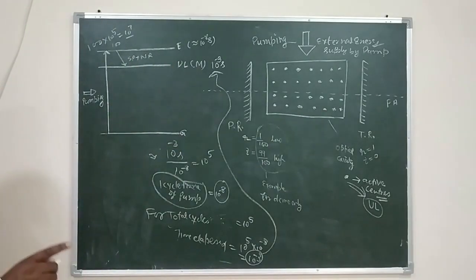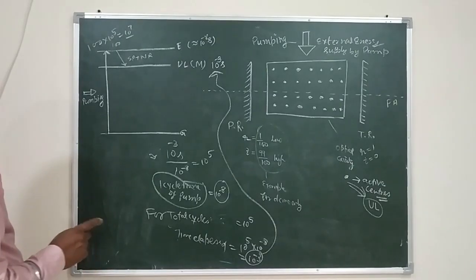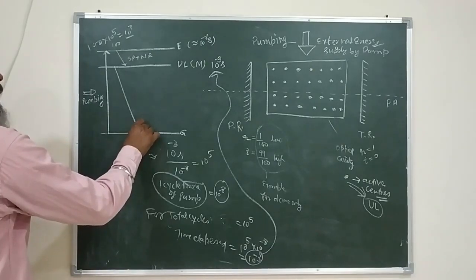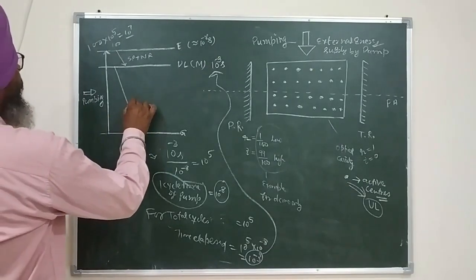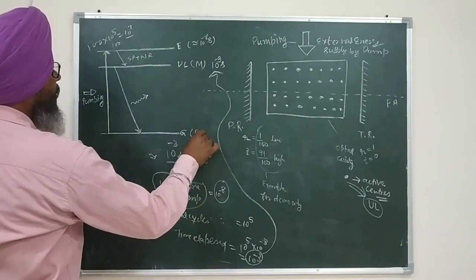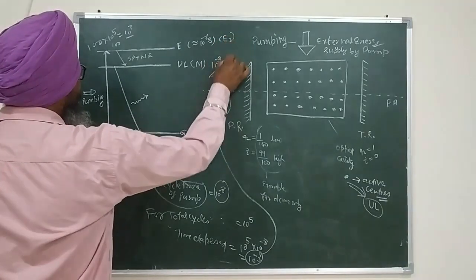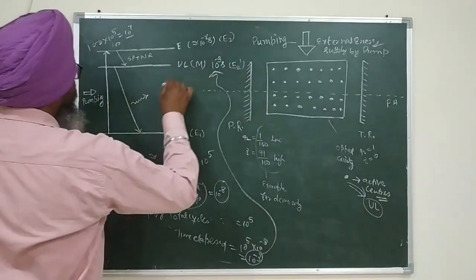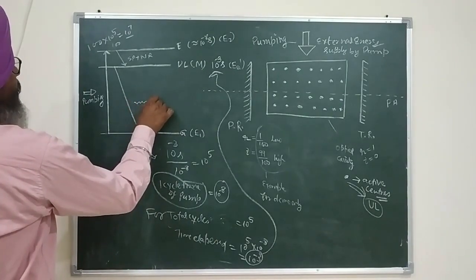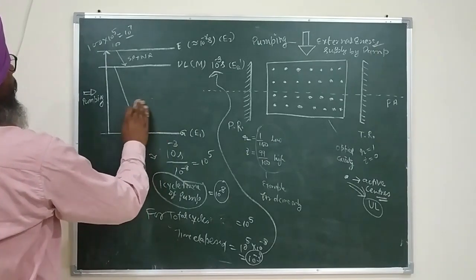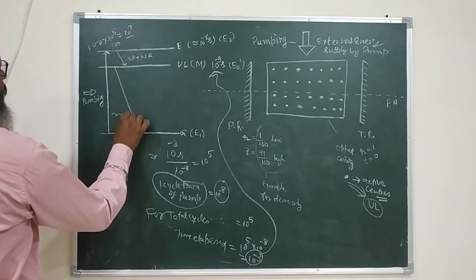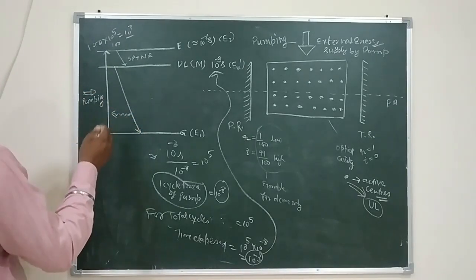Therefore, their decay will be a random decay, and whenever this decay is random, I must show it with the help of an oblique arrow, and a photon will be emitted. The energy of the photon, suppose this energy is E1, this energy is E2, and this energy is E2 dash. So the energy of the emitted photon will be equal to... let me assume that this photon is emitted in this direction. It can be emitted in any direction.